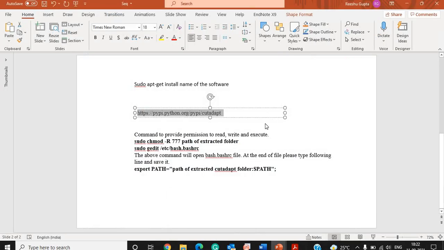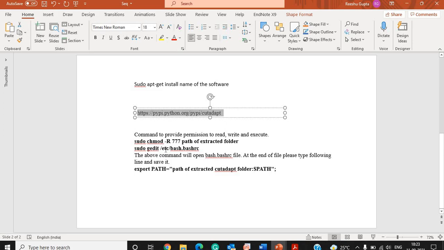Once you download these files, you need to provide permission so that your computer can read these files. So these are certain commands that we are going to discuss when I use the Linux platform. But as for now, you can just remember it, and we will use it in the next few lectures. So this is how we are going to proceed from here.